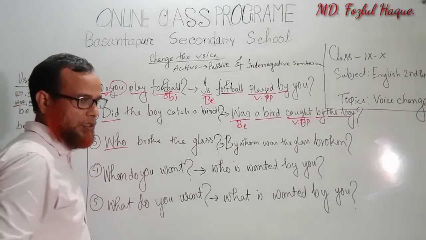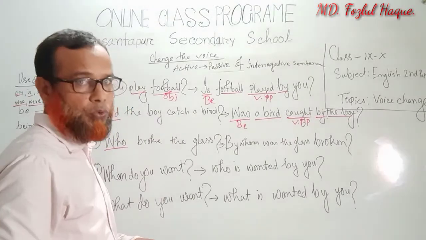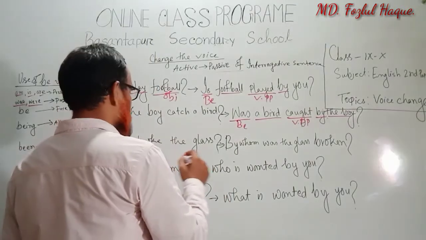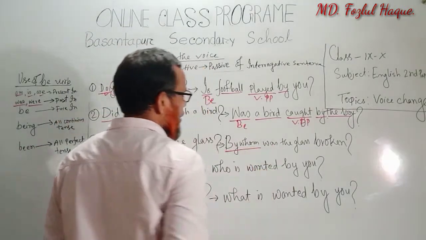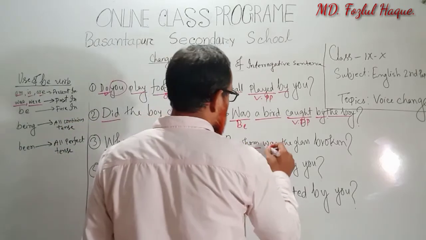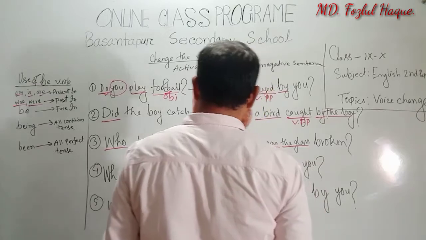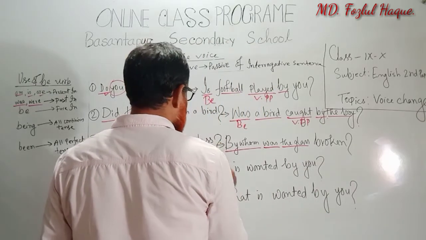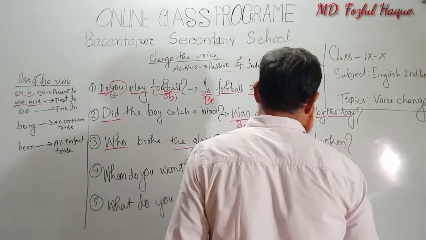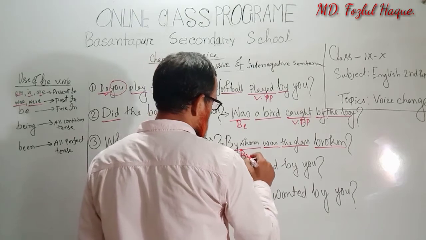If we find any person who as an interrogative pronoun, in this case we should use by whom. The structure is by whom, then be verb, then the subject of the active voice, the object as a subject, then the main verb past participle. So be verb, by whom,